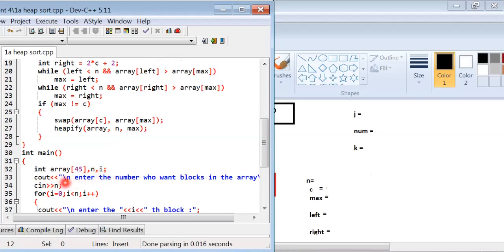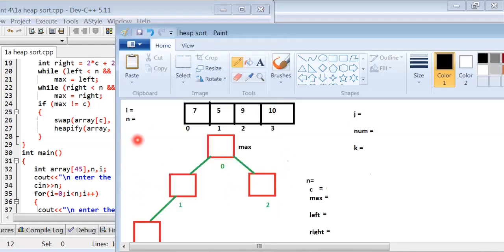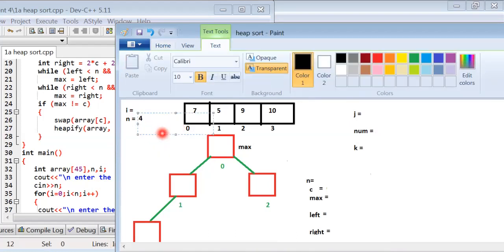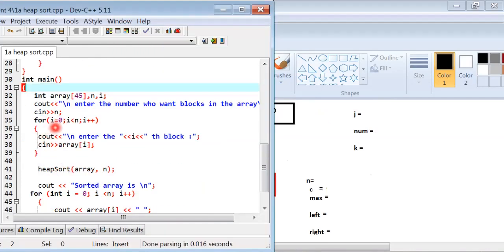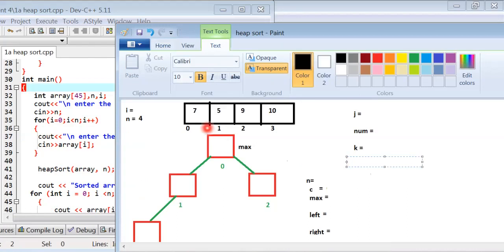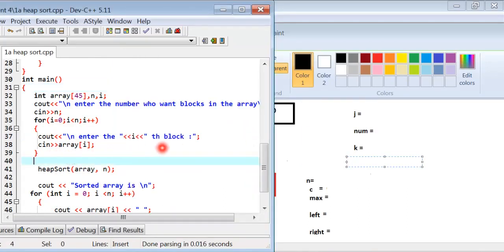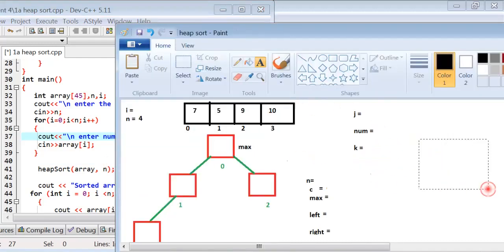N and i are integer type variables. Enter the number of blocks you want. We enter the value 4 here. Here 4 blocks are created, and the value of i is 0, 1, 2, 3. And enter the ith block. Enter the number in these blocks: